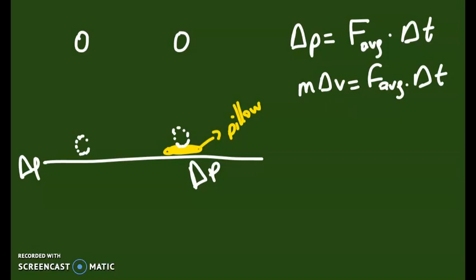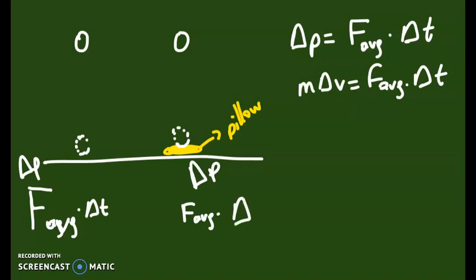The average or maximum force will be much larger on the tile, but on the pillow the average force will be smaller, because the time increased. Because of that, this one will experience more force and it gets